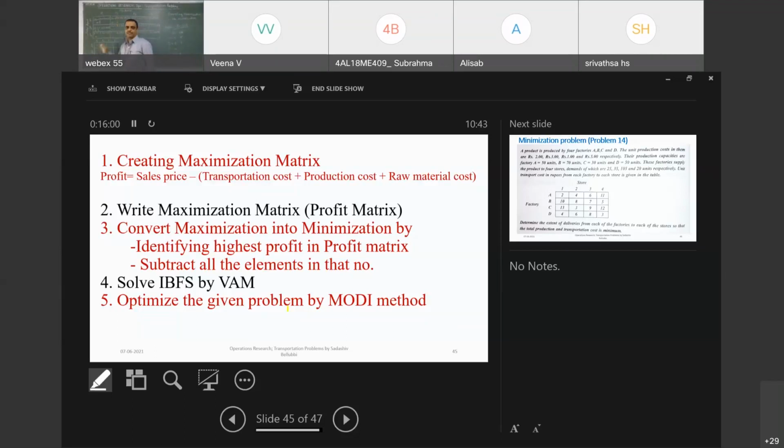Okay, this is the profit matrix. Any change in the values: 6 minus 2, 3, 8, 6 minus 2, again a 2, 5. You need not write all these calculations; you can write the answer directly. Since you are in the 8th semester, they won't check whether you have written this calculation or not. We need only the answers. Only for your understanding, I have written clearly. Okay, for S3, F1: 31 minus 5 plus 1. It is 31 minus 27, 8 minus 4.